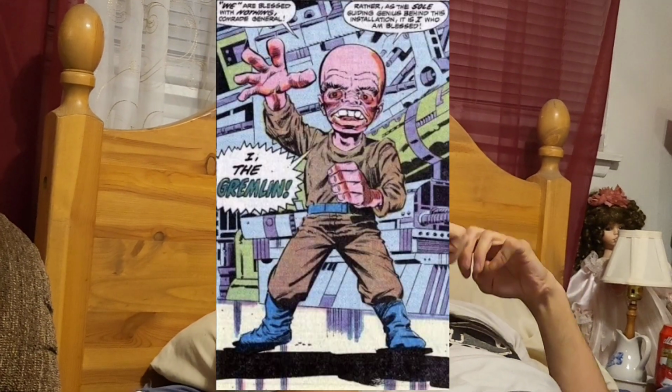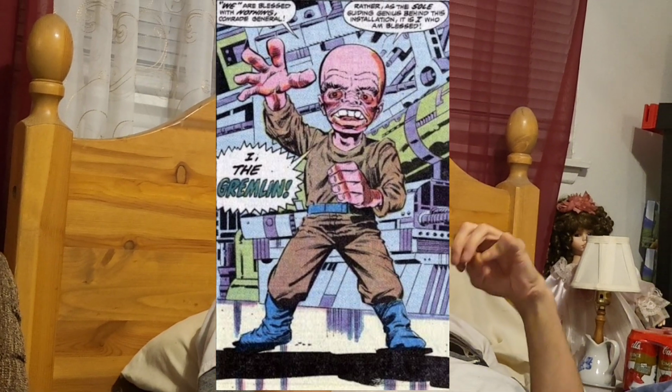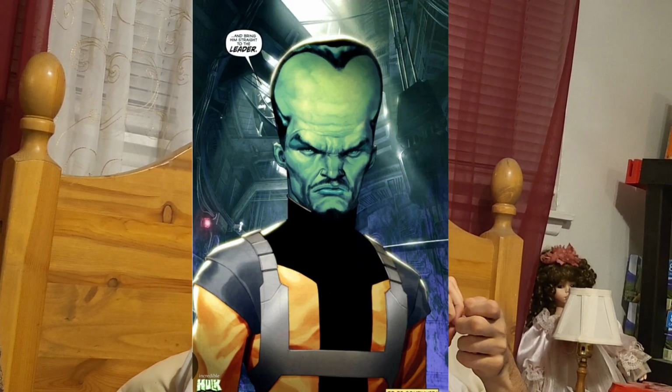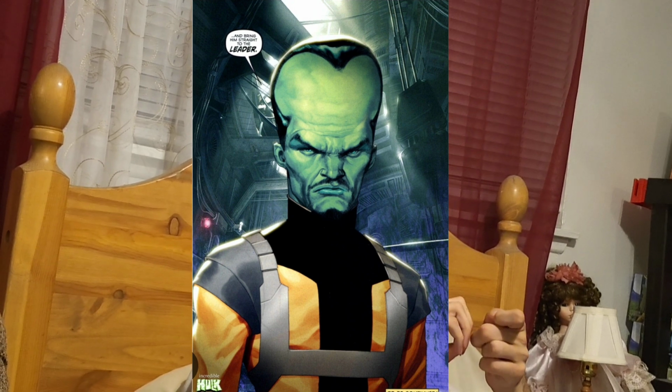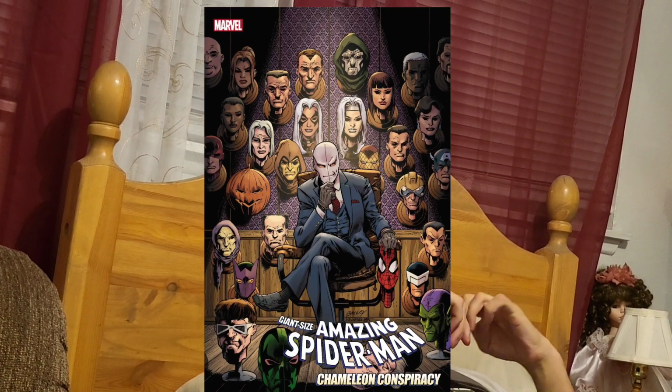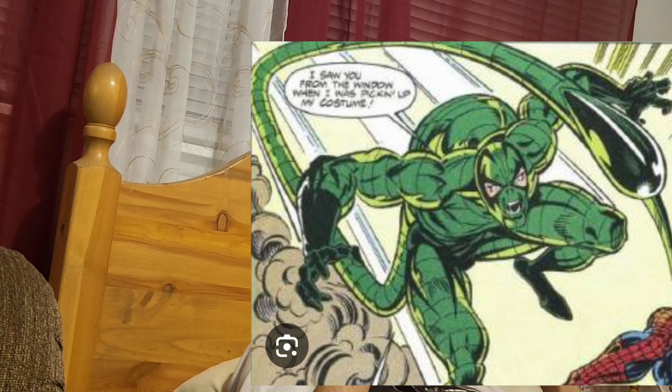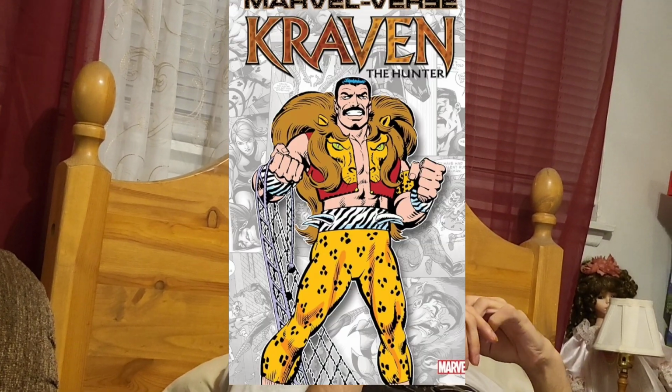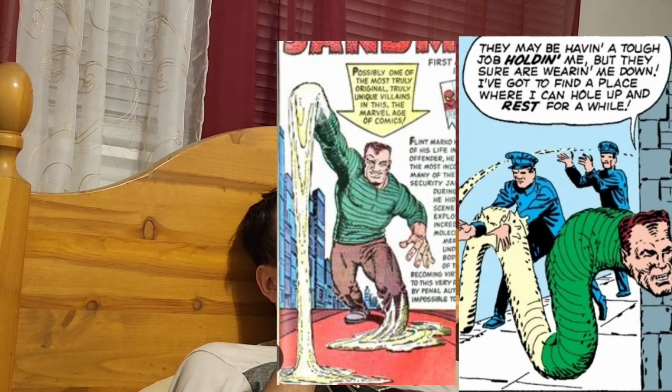We also had villains for theirs, such as the starting villain for the Hulk, the Gargoyle. Continuing on, we had villains of Hulk such as Abomination and the Leader. And we move on to Spider-Man's bad guys, with his starting villain being the Chameleon, as well as Doc Ock, Scorpion, Shocker, Rhino, Kraven the Hunter, and the most famous ones of his, Sandman and Green Goblin.